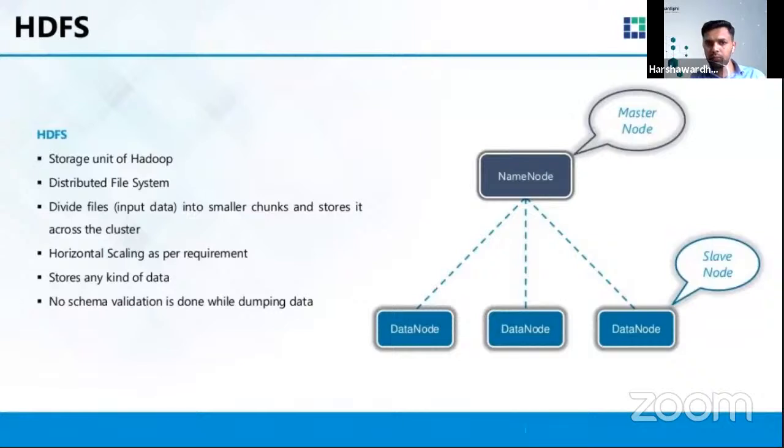So what if the data node goes down? You don't have to worry. The data will be there on some of the other nodes, and you can just get the data. But who will tell that data node A is down and there was some XYZ data, and that the data node is down now? Where can I get the data from? That information will be there on the name node, and that is why the name node is very important, and that's why it is a master node, right? So the name node will redirect your request, and you can get the data from somewhere, because the data is replicated, right? Data is not replicated on the same machine, but on different machines. There is another concept for that. We will talk about that, rack awareness.